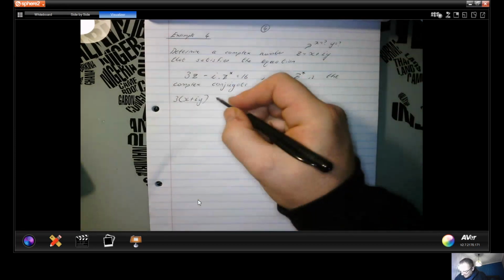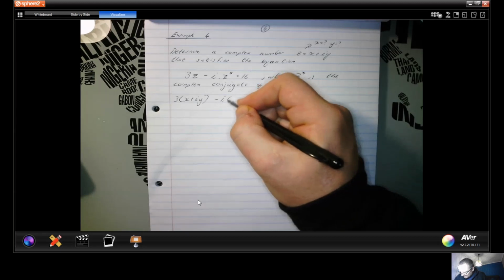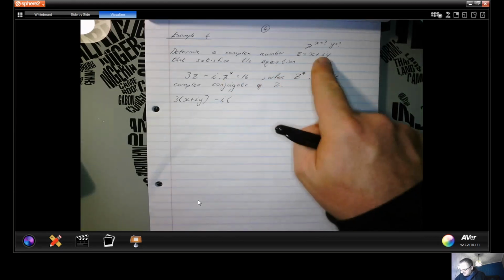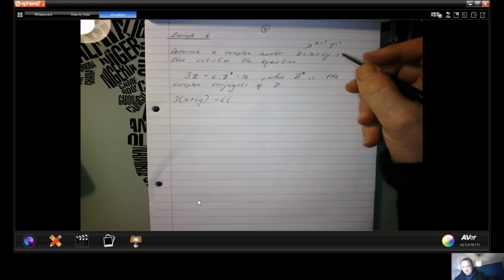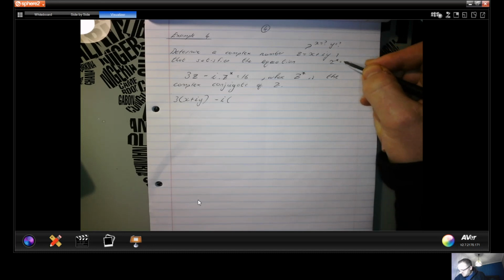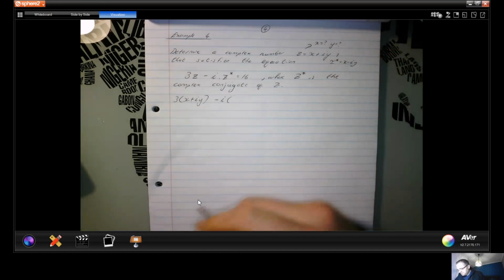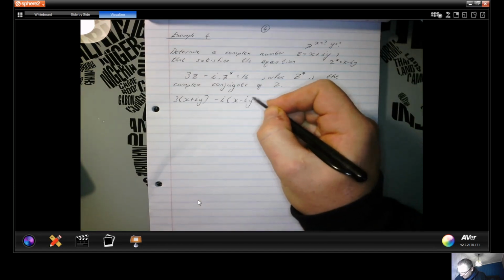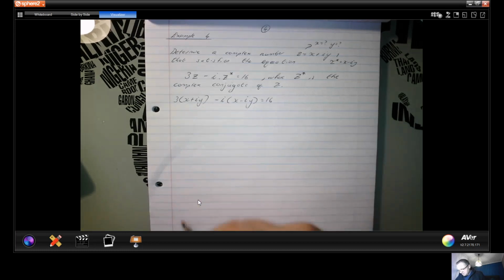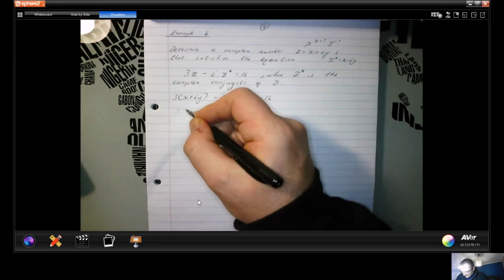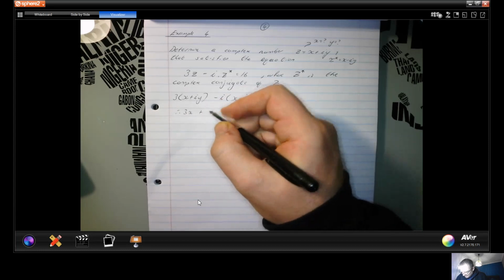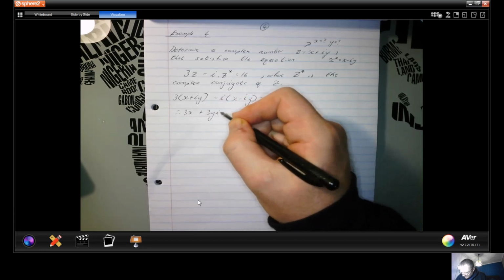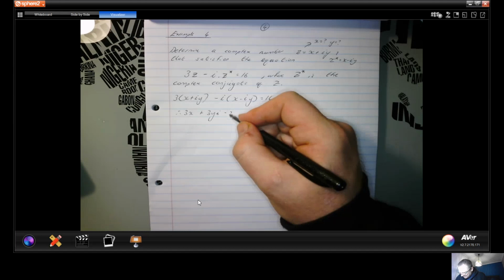3 times x plus iy minus i times, now if z is equal to x plus iy, then the conjugate of z is equal to x minus iy. So I get minus i times x minus iy must be equal to 16. Okay? And if I go simplify this, I get 3x plus 3yi minus xi